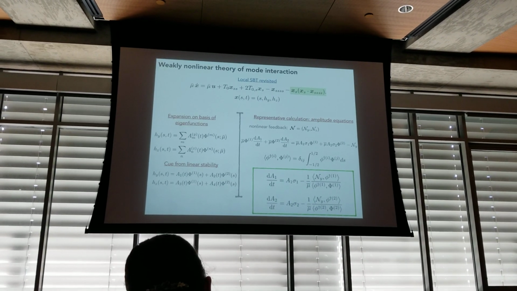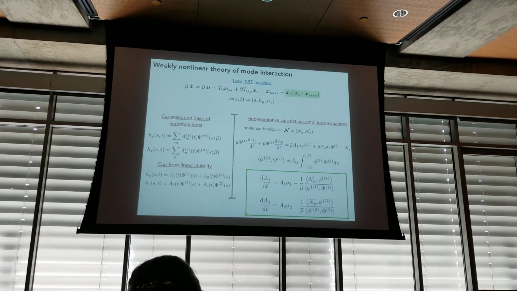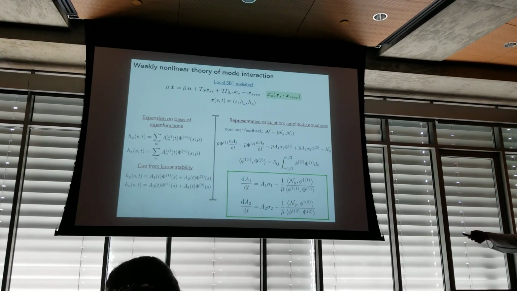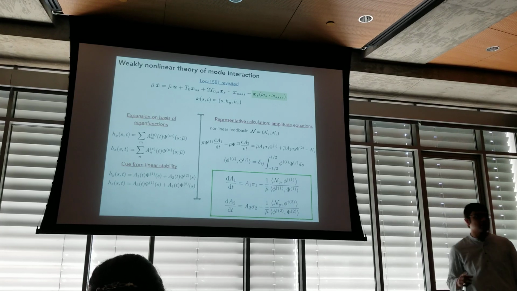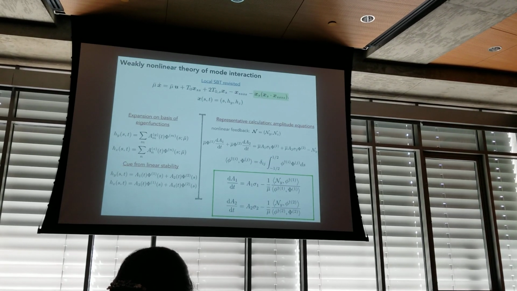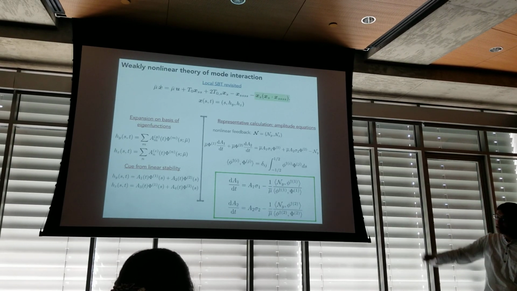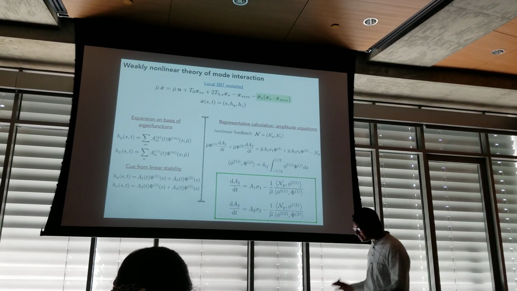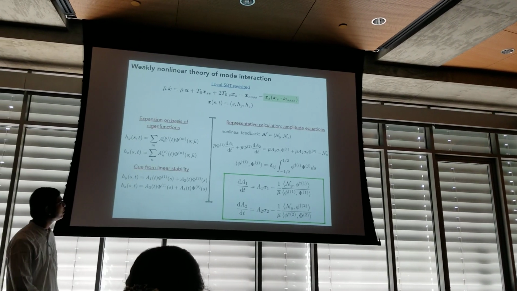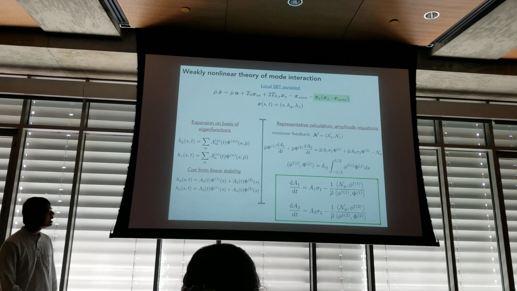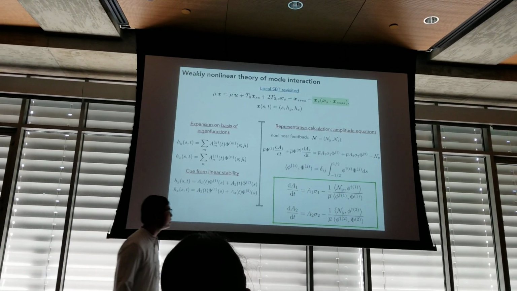Then you can take a cue from linear stability and say that the first two eigenmodes have the dominant eigenvalues, so you can truncate this sum only to the first two modes, and that's what I'm doing over here. So phi1 and phi2 are the first two modes. That's one even and one odd, and A1, A2, A3, A4 are unknown amplitudes. Now you plug this expression over here, do some tedious algebra, massage them a bit, and essentially you have to use orthogonality of adjoint operators and adjoint eigenfunctions, but all things can be done, and you end up with ordinary differential equations for the amplitudes in the spirit of Ginzburg-Landau equations.